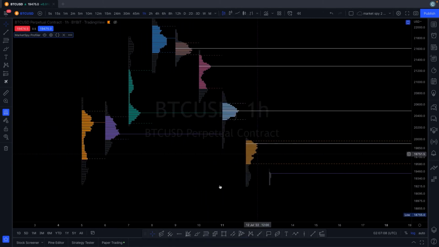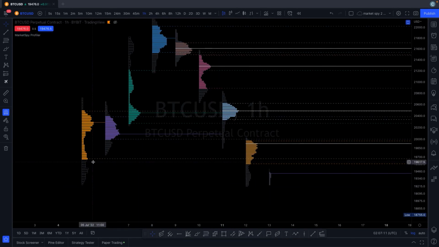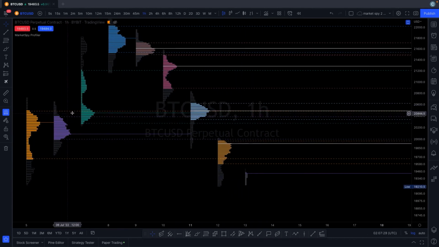And what you're going to notice is all of 1, 2, 3, 4, 5, 6, 7, 8 days worth of value areas are being extended. See this here? All the way across. All the way across. And then you're noticing that we have a value area, a point of control, and a naked point of control all on top of each other